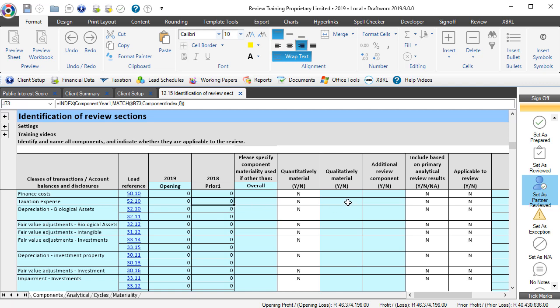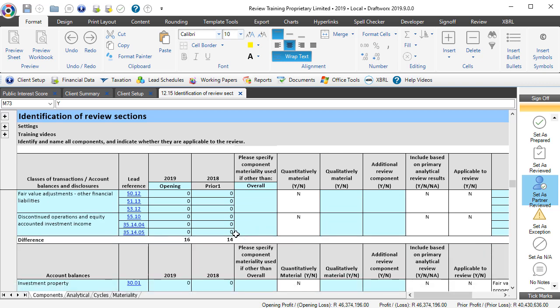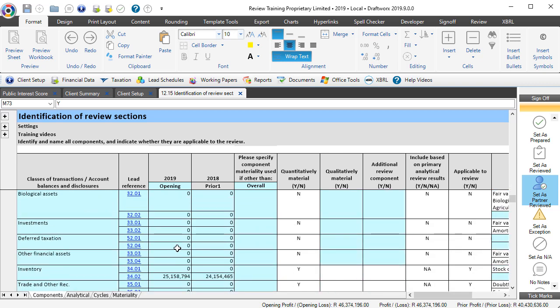Zero, oh great, nothing to do. No, that's wrong. That is definitely qualitatively material because there's a compliance issue if they're not paying tax when they should. There should be a balance. Or are they really making such a big assessed loss? Then maybe you should be looking at, is there deferred tax? Okay, so deferred tax. Got to go and add that one as well. It's qualitatively material. There's no balance, but what are we going to do in our review engagement? Next step,